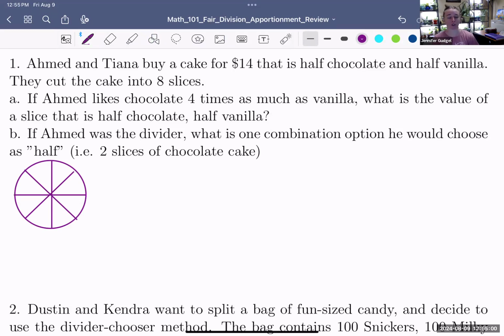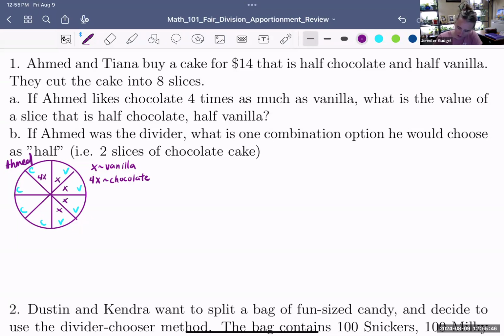If Ahmed likes chocolate 4 times as much as vanilla, what is the value of a slice that is half chocolate, half vanilla? First of all, for Ahmed, let's make sure we note that this is his valuation I'm drawing here on this cake. If we have 4 chocolates and 4 vanillas, and he likes chocolate 4 times as much as he likes vanilla, well, then X is going to be vanilla, and 4 times X is going to be chocolate for him. So kind of going through and marking on my cake now, if X is vanilla,